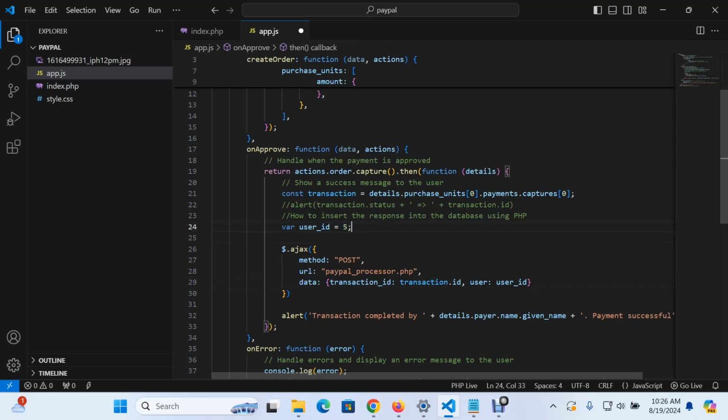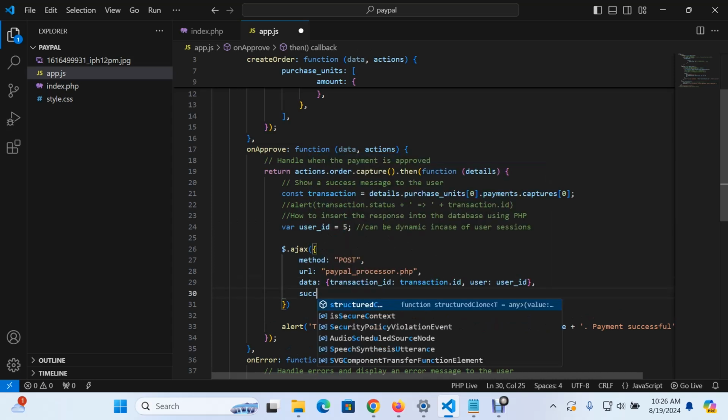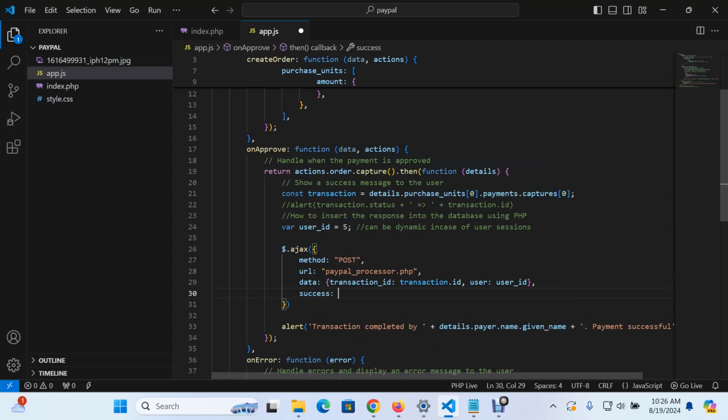This can be dynamic in case of user sessions for specific users. And then the next thing that you need to do here is now process the response on the success function. I'll give maybe a response,